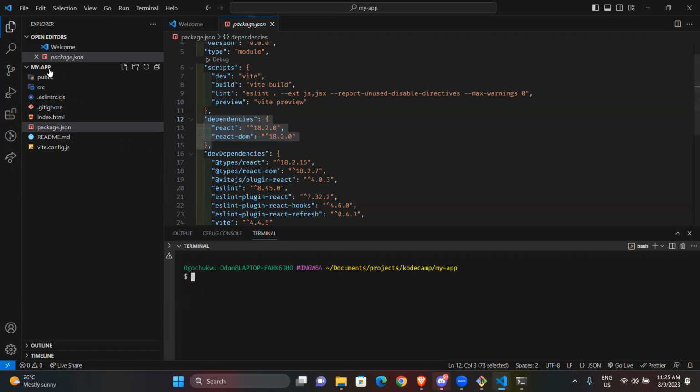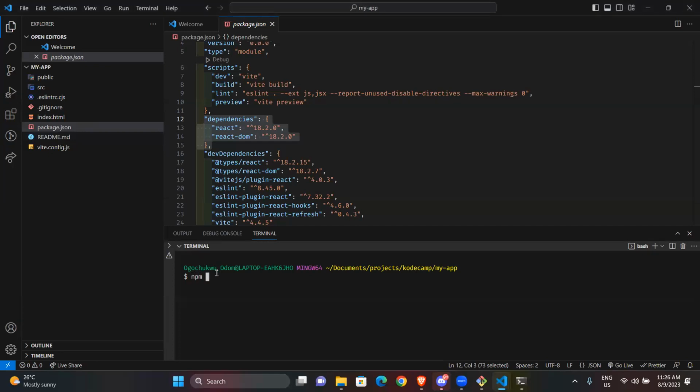Okay, so the next thing to do is, where we have scripts, we are going to use npm to try and run this thing. Unlike when we're using HTML and CSS, where you click on Go Live to go live, this one is a Node app, and you need to use Node to run it.